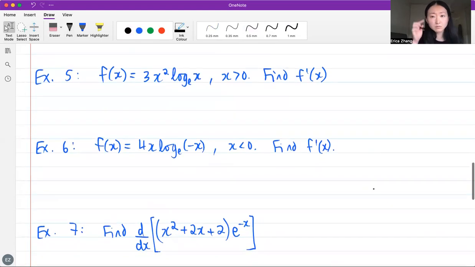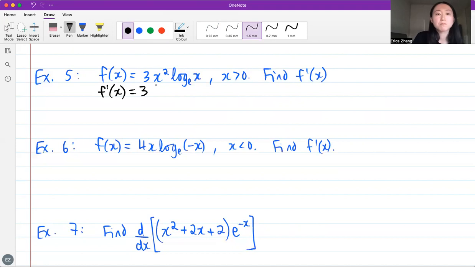Next example. Okay, we have a natural log this time. f prime of x is equal to, let's just keep our constant in the front because it is not affected by differentiation. All right, so x squared times the derivative of the natural log of x, which is just 1 over x, plus natural log of x times the derivative of x squared, which is 2x. So 2 times,